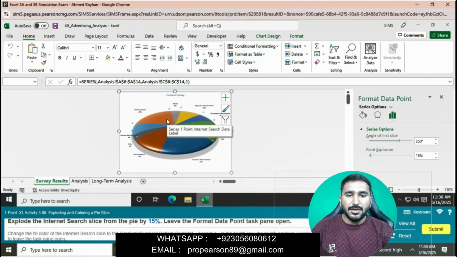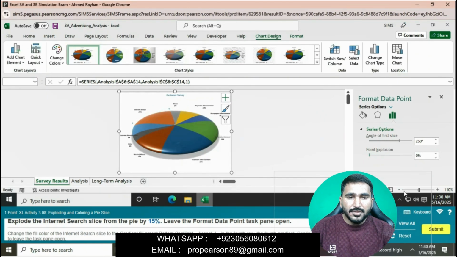Leave the format data series task pane open. We will set 15 here, sorry, remove 20, here is 15%.